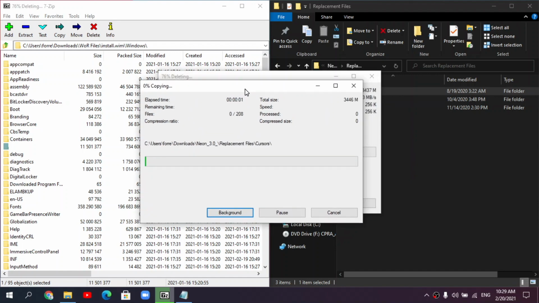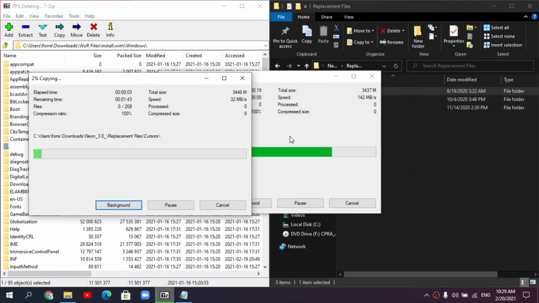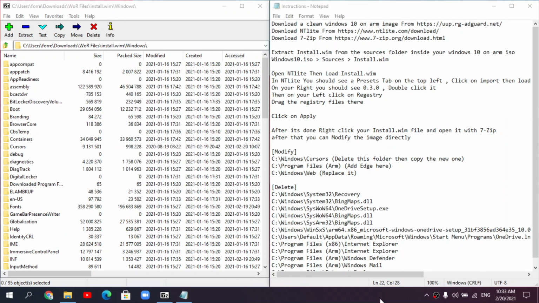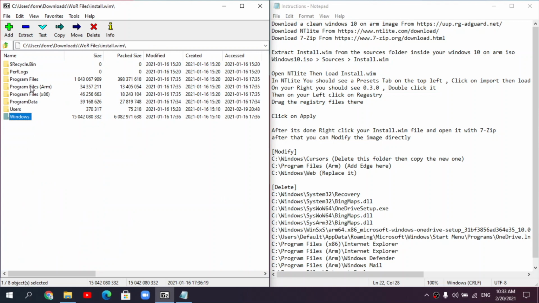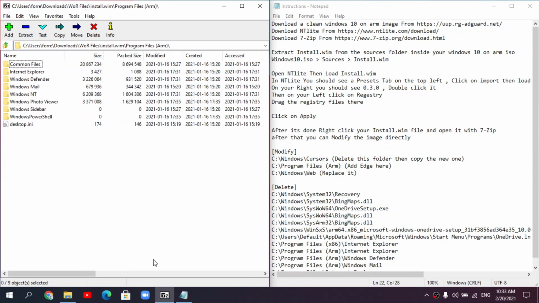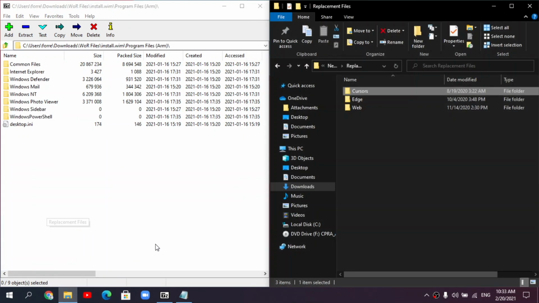Yes, I do. So we just let that go at the same time, and we should be good. Next, it says we need to go to program files. So let's go out of here, go to program files, ARM, and we're going to find Edge, which should be